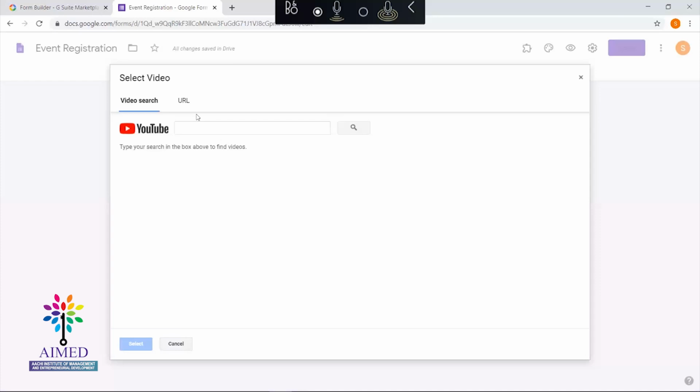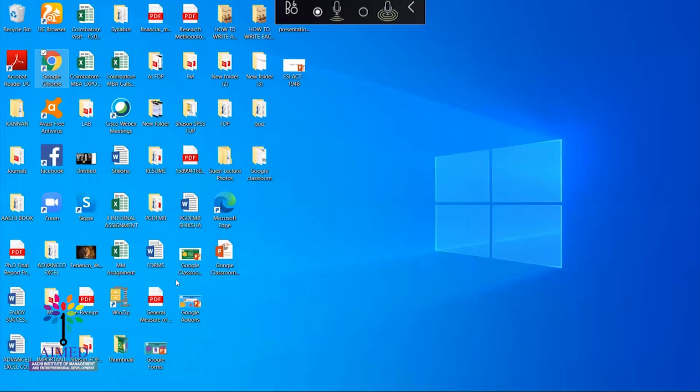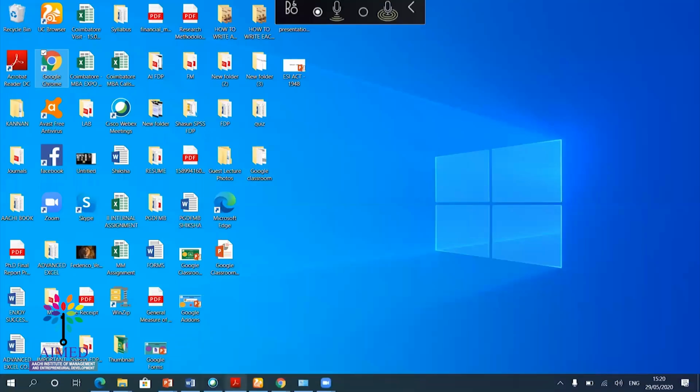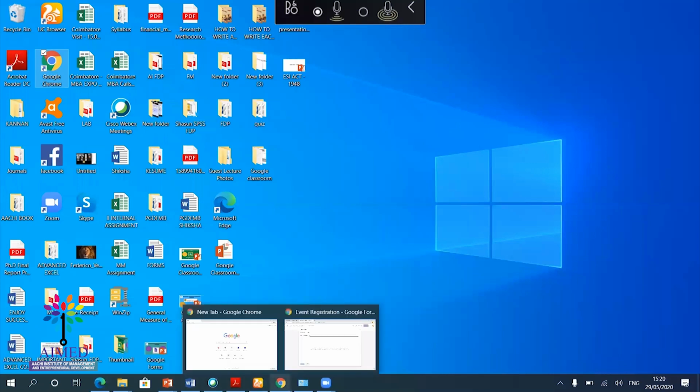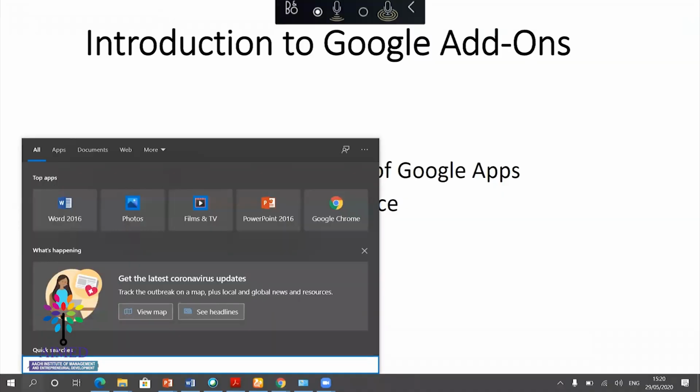If you add this, you'll be getting two options. One is you can directly search from YouTube and add videos. Otherwise, you can enter the URL of the video and add it. Here I have already kept the URL ready. So I'm just searching for that.